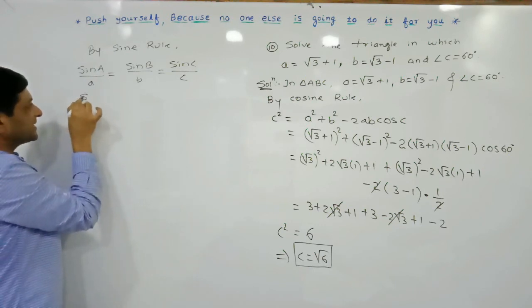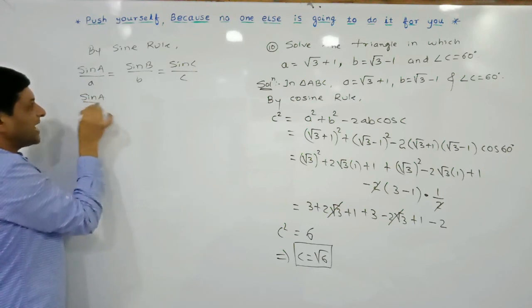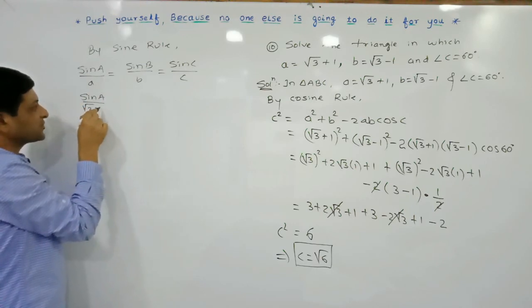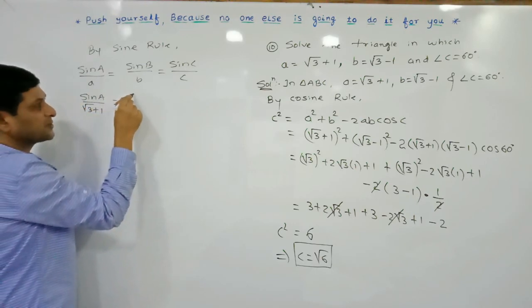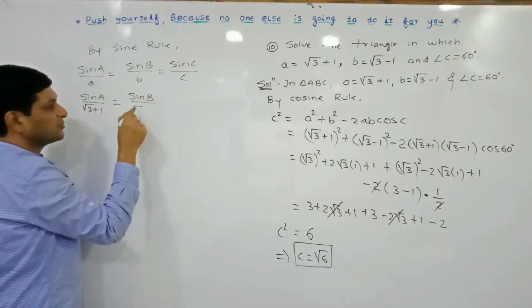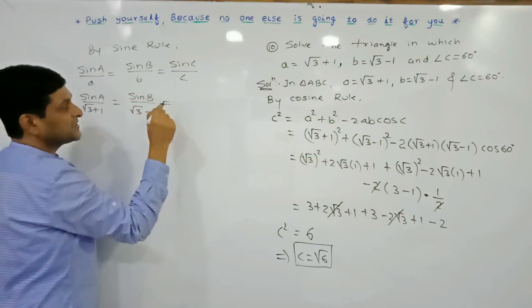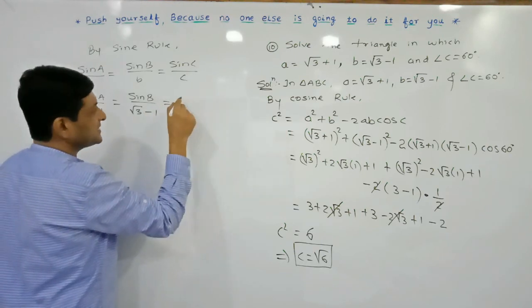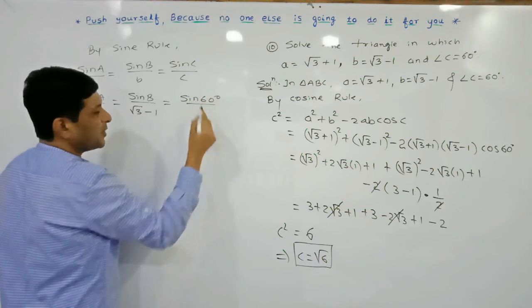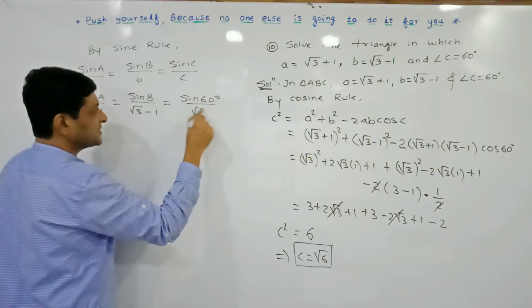So in the numerator sine A, keep it as it is. I am replacing small a by its value root 3 plus 1, is equal to sine B, keep it as it is. This small b can be replaced by its value root 3 minus 1, is equal to sine C. C is equal to 60 degrees. So sine 60 degrees upon c. Just now we have got the value of c is equal to